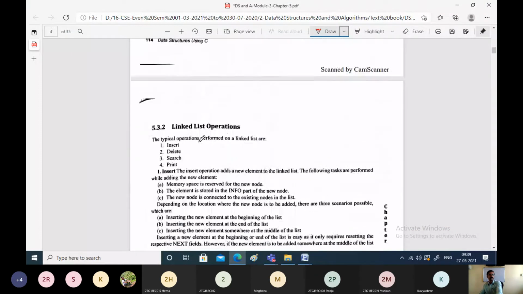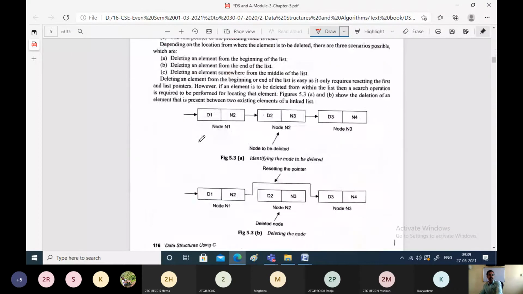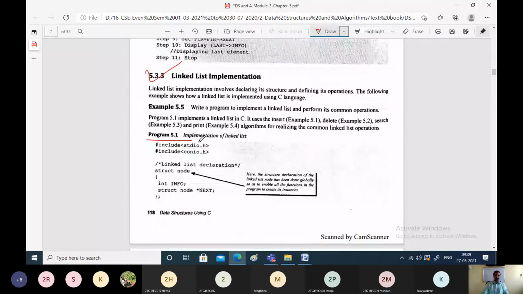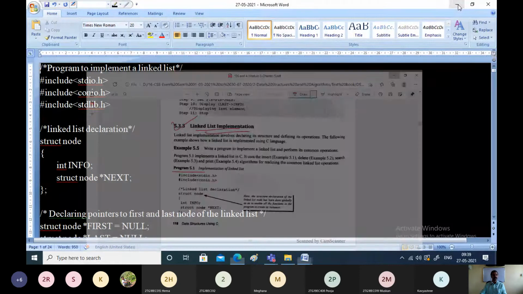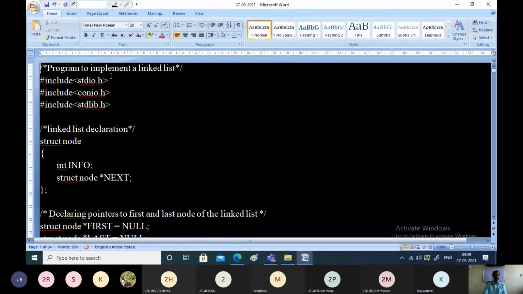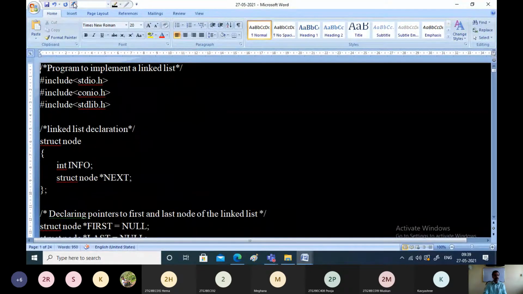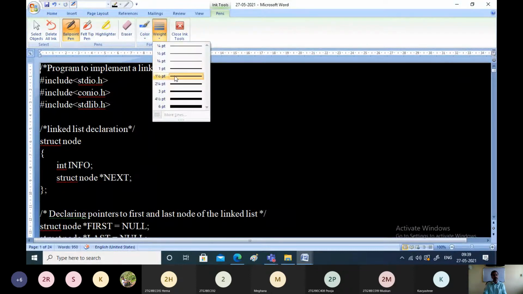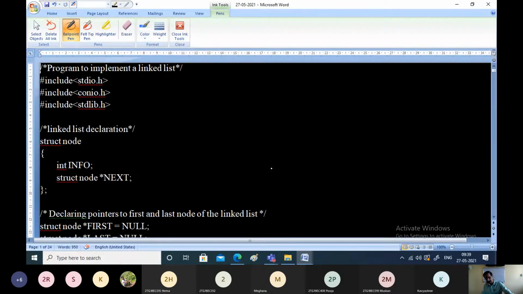In this class, we'll be discussing different operations or implementation of different sets of operations on a linked list. That is, implementation of a linked list we'll be discussing. That means how to develop a program for performing different operations on a singly linked list or simply linked list. So this is the code which is going to explain how to develop a program for different operations